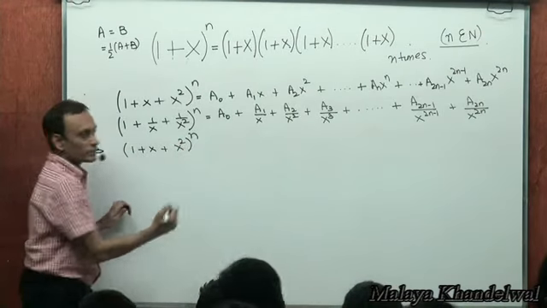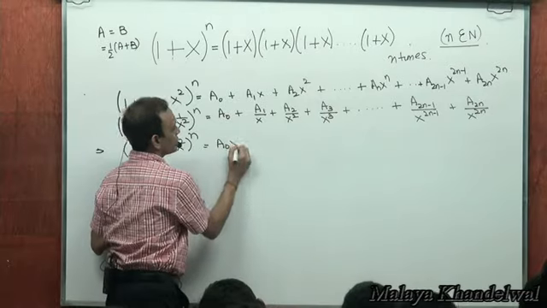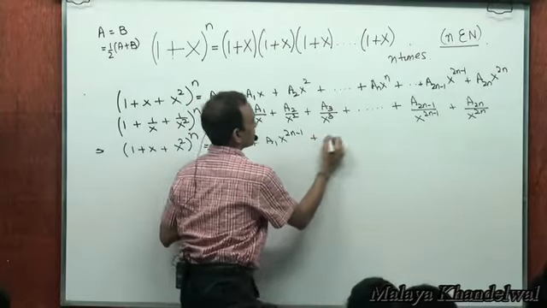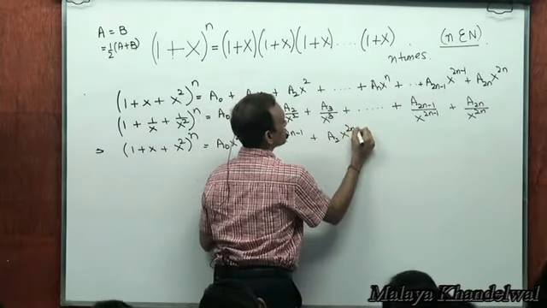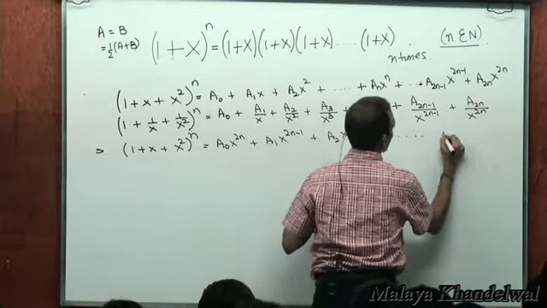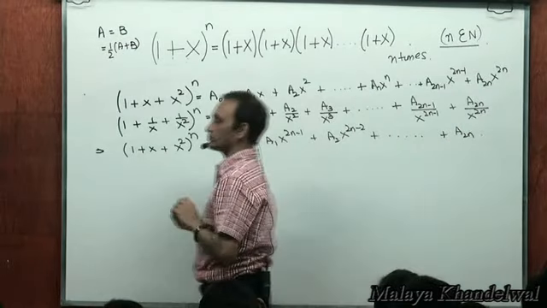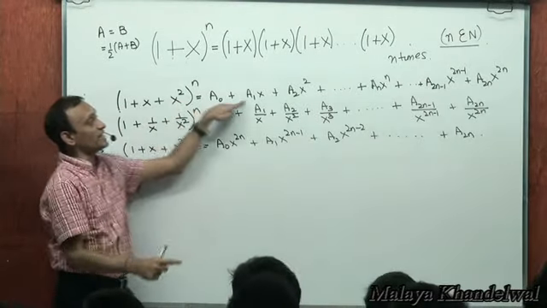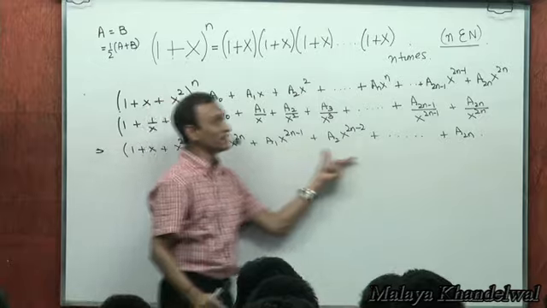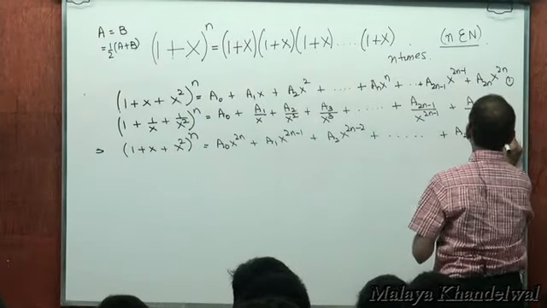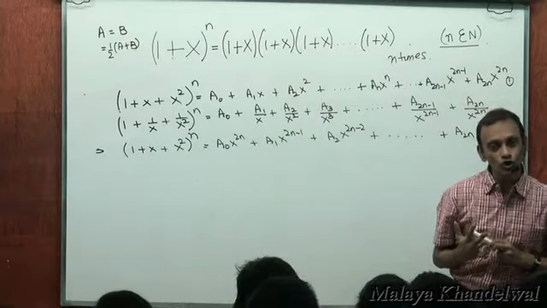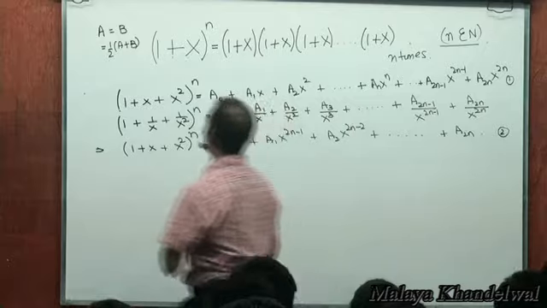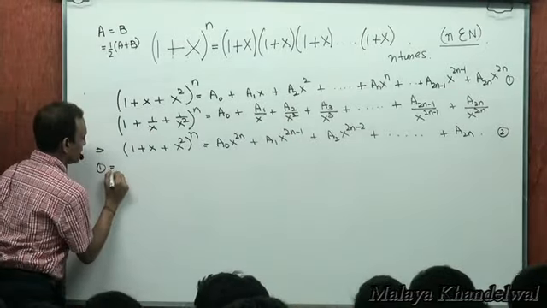to power n. That's equal to a naught x power 2n plus a1 x power 2n minus 1 plus a2 x power 2n minus 2 plus a2n. Is this not what you get? But 1 plus x square is identically equal to this and is also identically equal to this. Right? Therefore, 1 must be identical to 2. 1 must be identical to 2, yes or no? Right? And therefore, if 1 is rendered identical to 2,